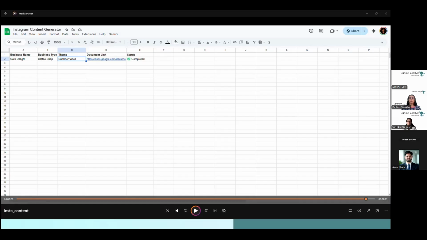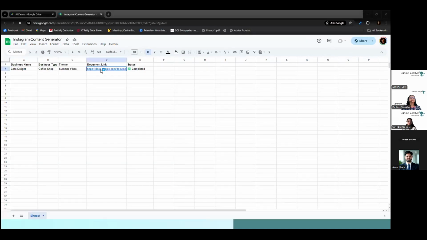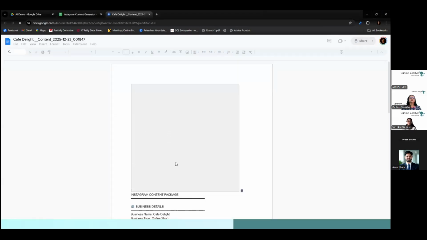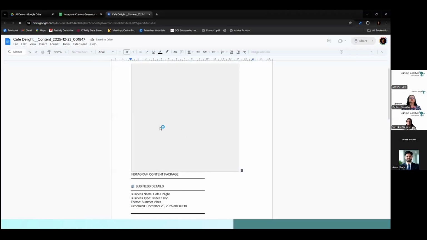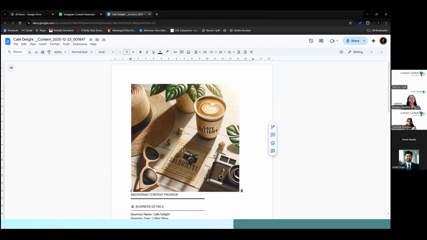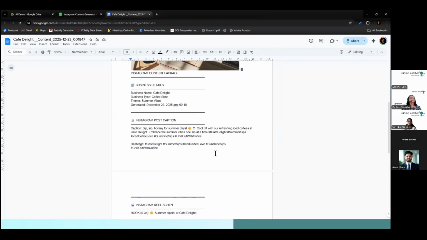So this is the document which got created in the background when I ran this automation. It gives me this content package, which has the business detail, the image which you can post, and the Instagram post caption.